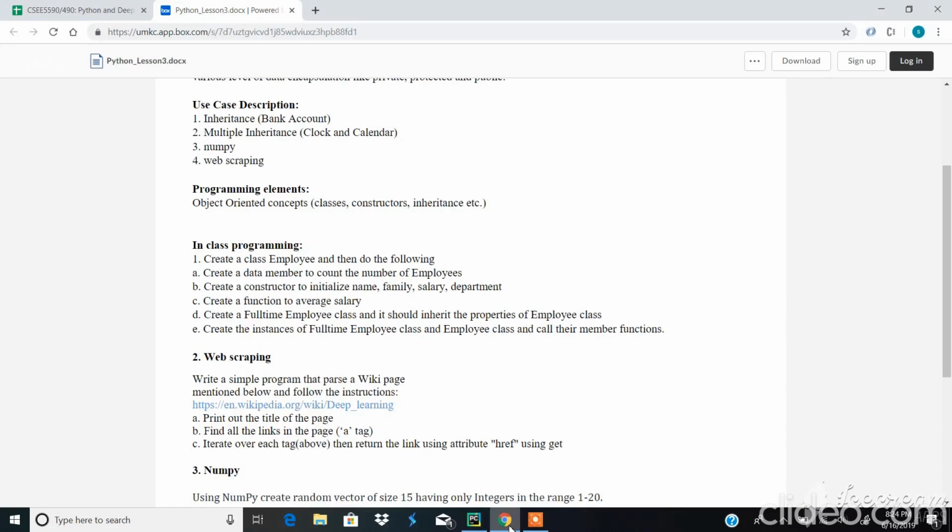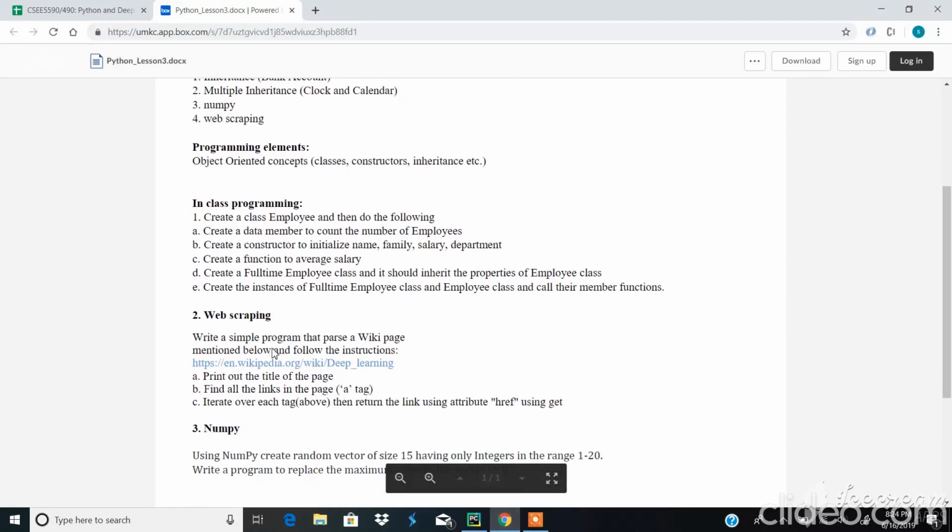The second part of the ICP is web scraping. This we will do to write a simple program to parse a wiki page and to get the title of the page and to find all the links in the page with a tag and iterate the tags and get the links using attribute href